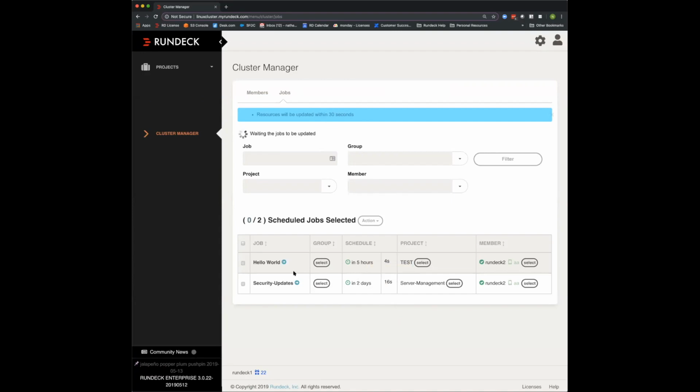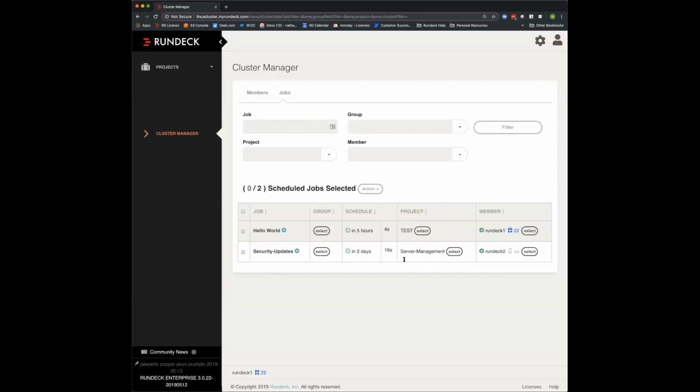But once I've made the change now, Rundeck 1 is going to be the owner of that scheduled job moving forward, unless myself or another colleague makes a change to that, with auto takeover being the way to handle cases where, for whatever reason, that can't run as designed. All right, so we're back. I've still got my same jobs. I still know when they're going to happen, but here I can see which member owns which, and away we